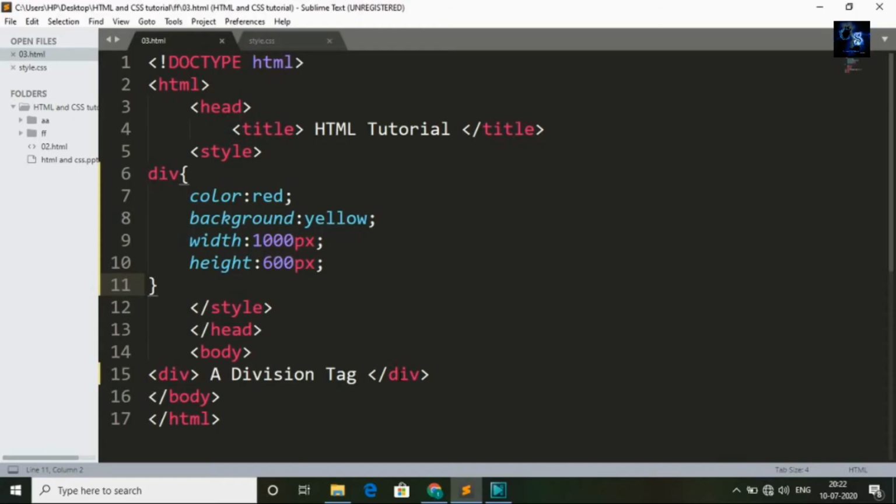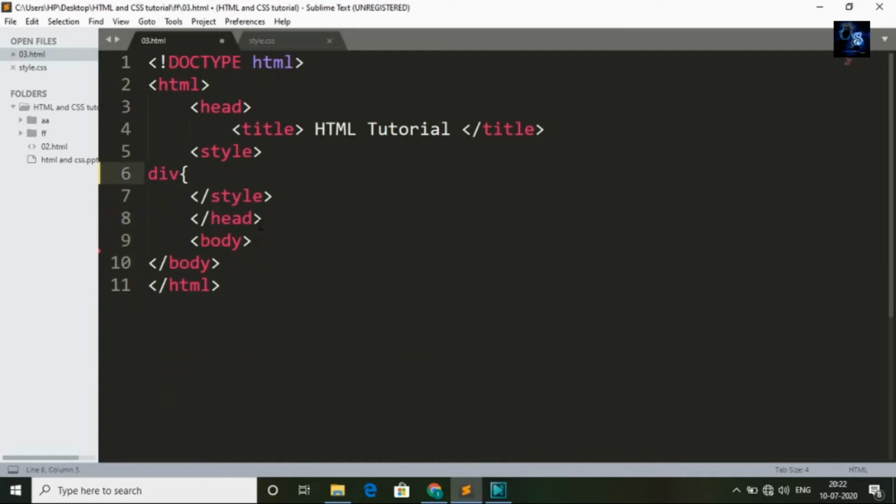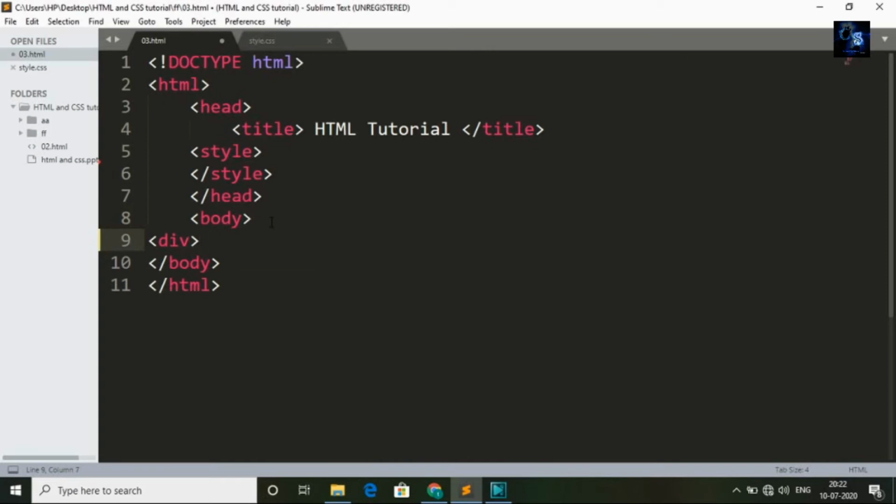Guys, now I will discuss the CSS box. I will create a total of 3 div tags and I will apply different styles. First I will delete this tag and I will also delete this style. Now I will create a new tag. In total I will create 3 div tags. This is the opening tag and this is the closing tag. Now I will type 01 in a div tag.